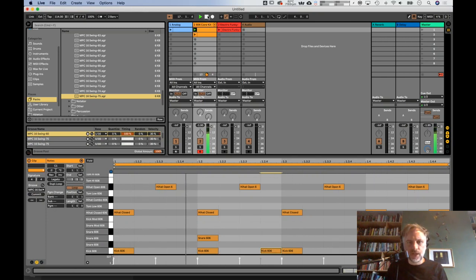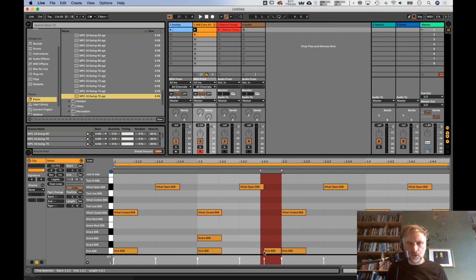The thing to say about that is at that point it's just playback. So if you want to make the contents of the clip actually inherit what the groove is telling it to do, we press commit, and as soon as I press commit, you'll notice the notes on the odd 16ths will shift back. In this case, that's supposed to represent 60% of the way. I don't exactly know how that works, but we can see they've shifted back slightly,